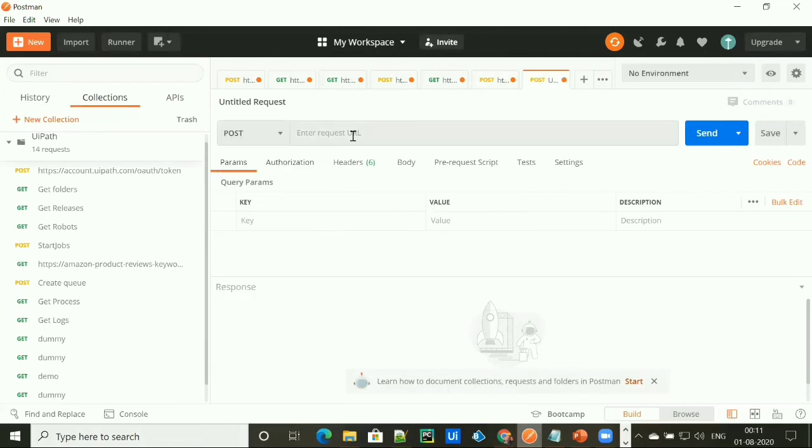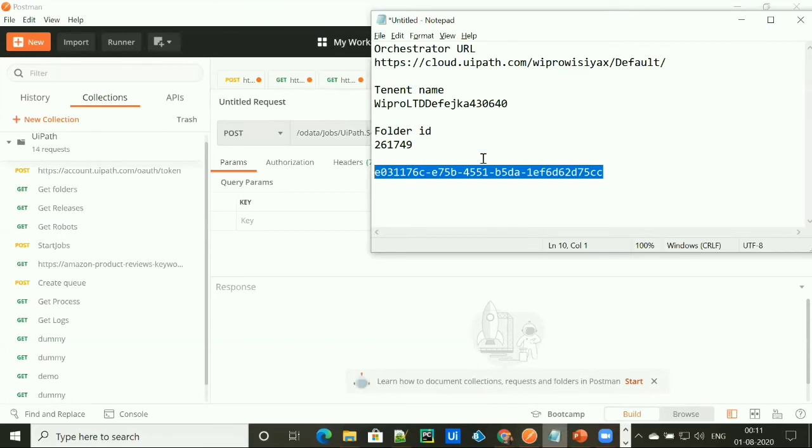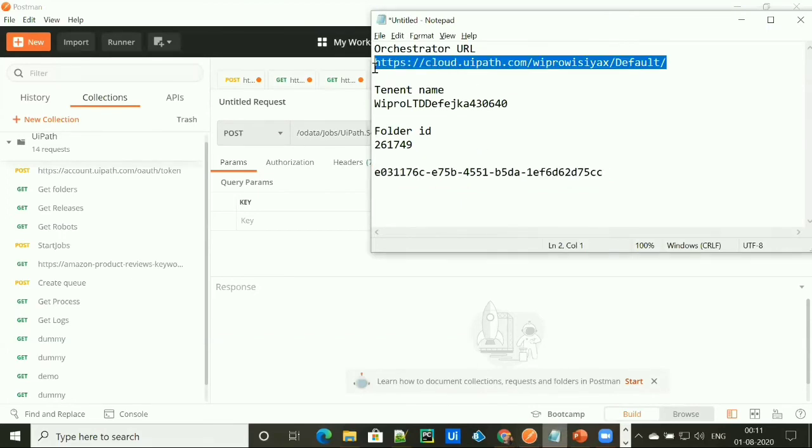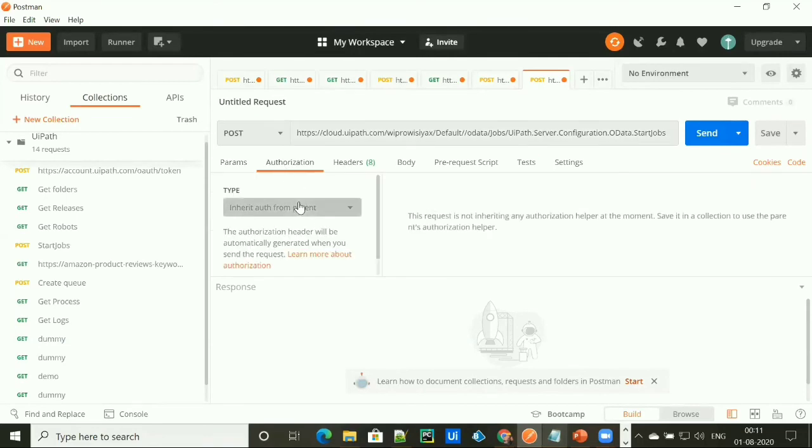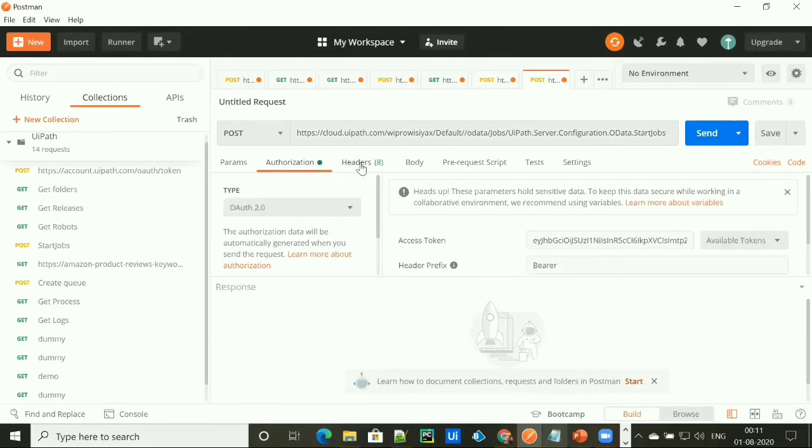Select the POST method, replace the URL with your orchestrator URL, select authorization OAuth2.